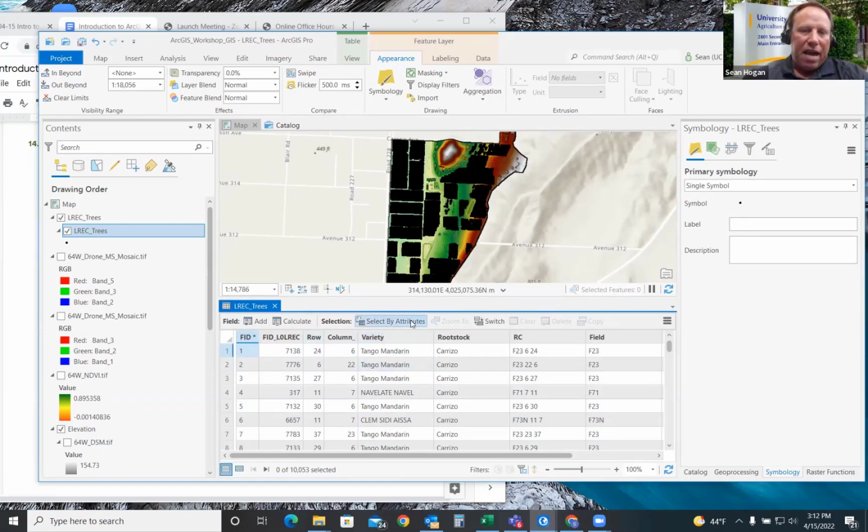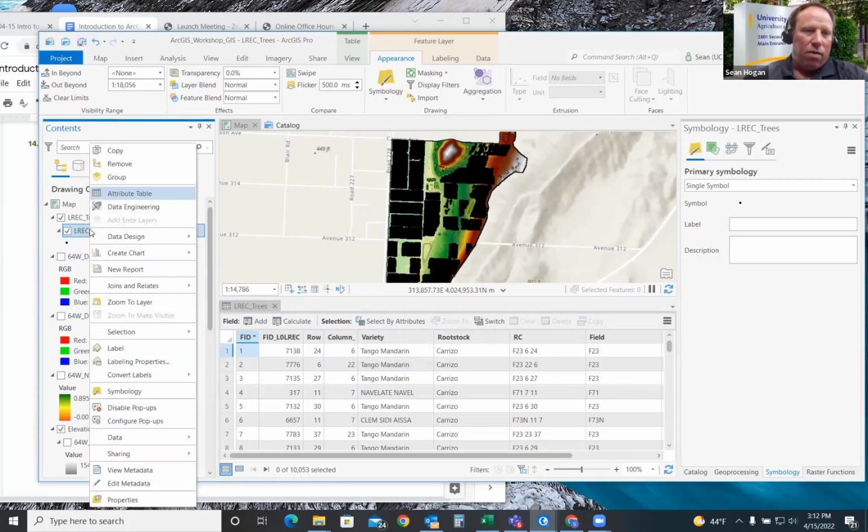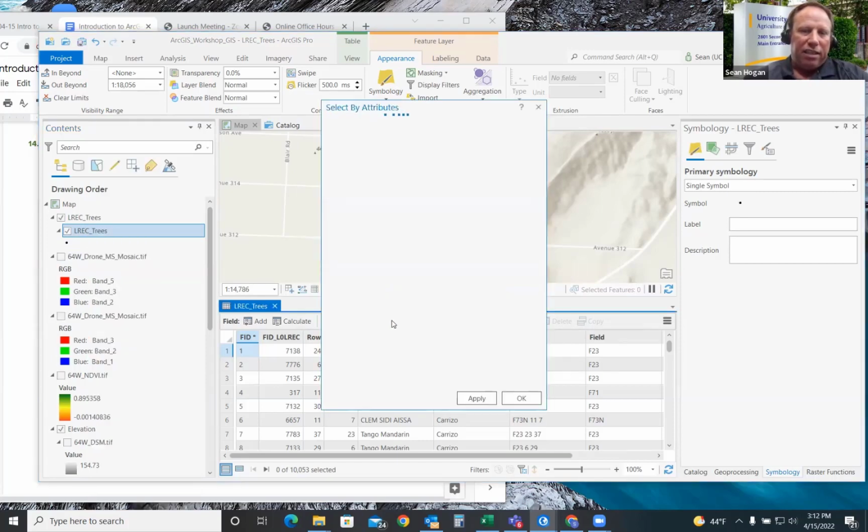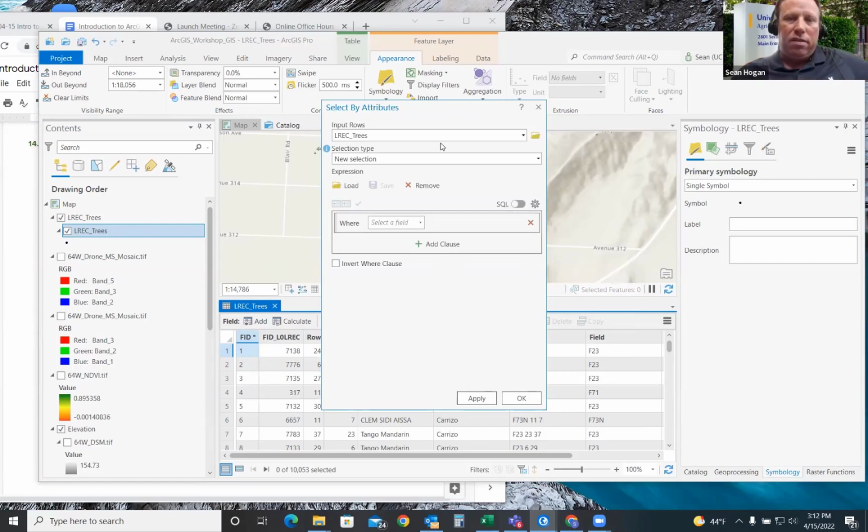The way to do that is we'll go over to select by attributes on this table. So again, if anyone came in, we're in the LREC trees. I right-clicked, went to the attribute table, and now we're going to click select by attributes, and you'll get this pop-up window that'll appear. Because that's the table that's already open by default, the input rows are going to be LREC trees.